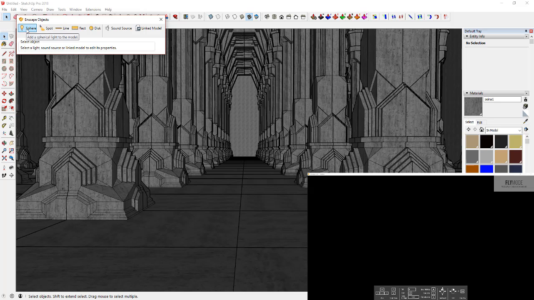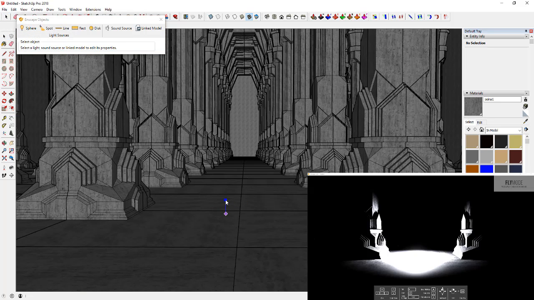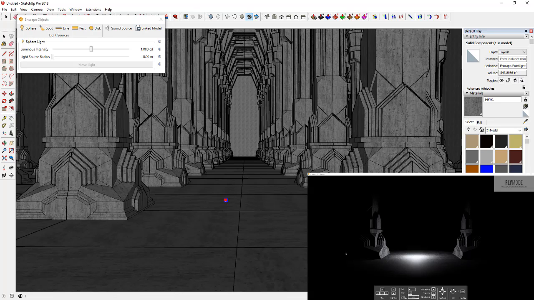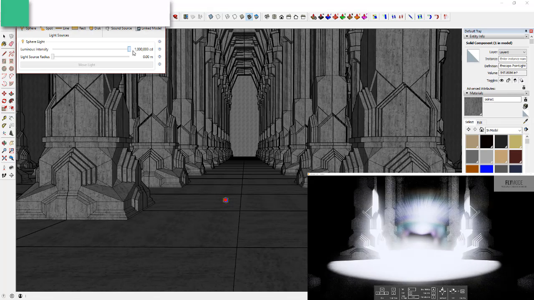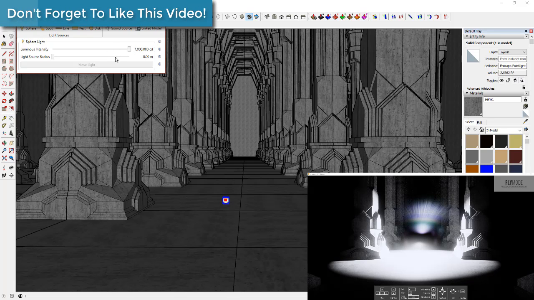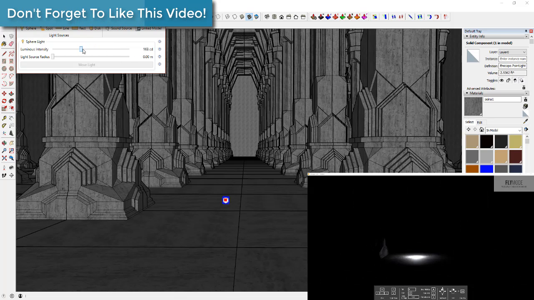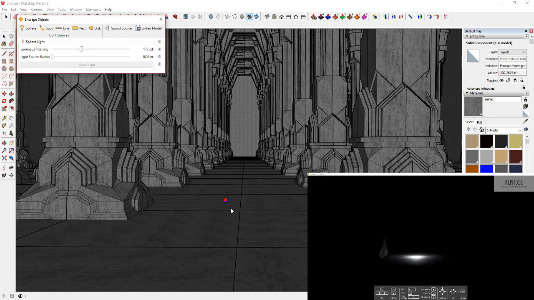And I'm just going to add a simple sphere light. So this is just going to be a light that sits at a point in space. I'm using this to start off to give me an idea of scale and also the way this is going to look. So you can see how when I drop that light in, that's going to illuminate part of this scene. And we can adjust that by clicking and dragging this slider. So you can adjust how bright that is. And you can see how when you make that really bright, you get kind of a lens flare effect and all of that. So our point light is going to sit about where our main character is going to be,